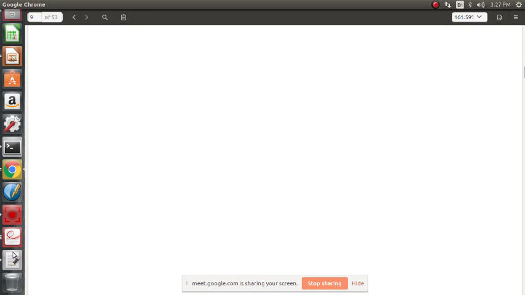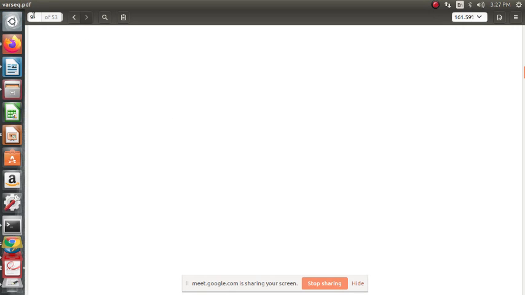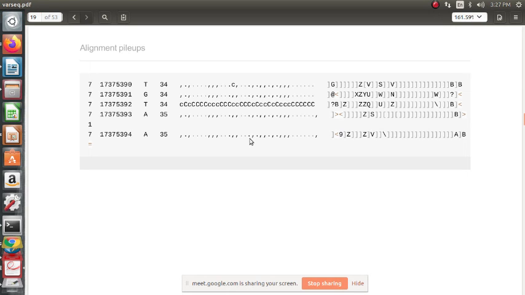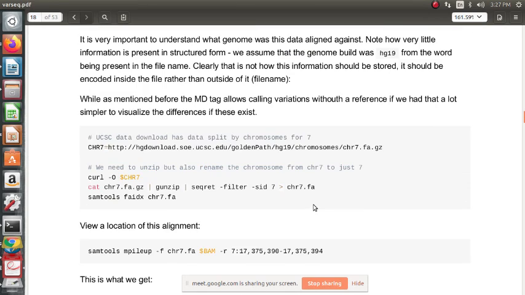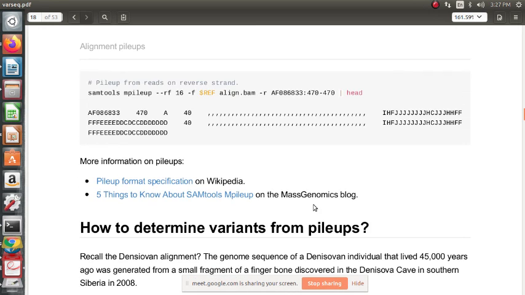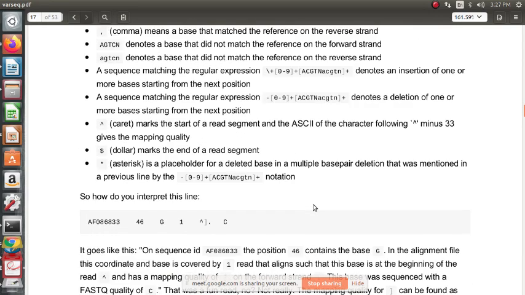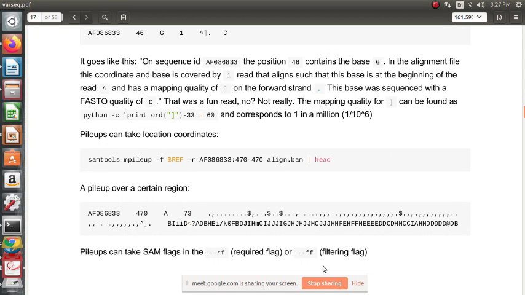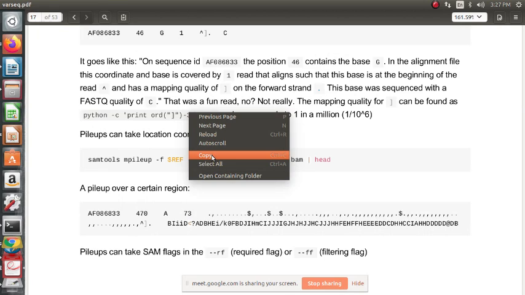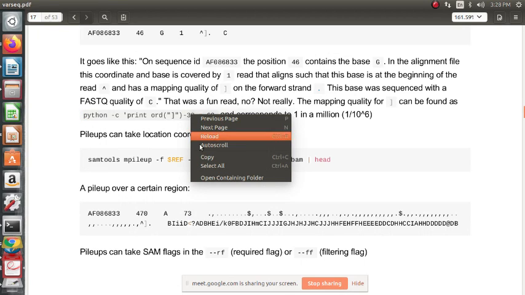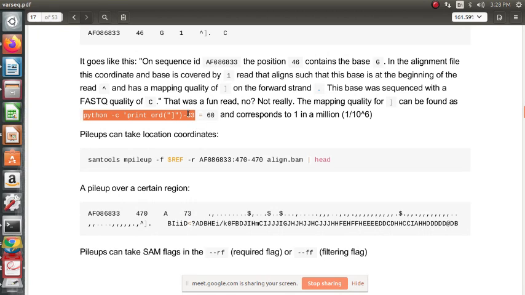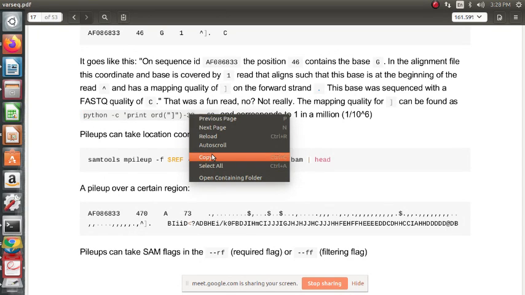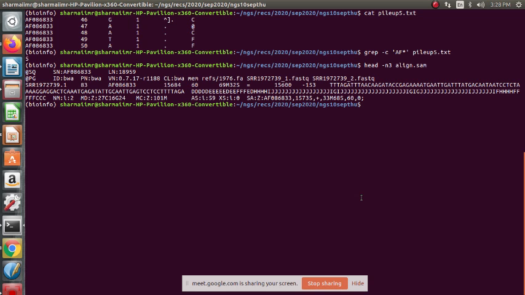So we go back here. We were on page number 19, I think. Yes, we were at this line. Let us check this in Python. Last time also we tried to get the qualities from the ASCII values. Basically, the ord function converts the ASCII values into the exact numeric code. So let's check this.